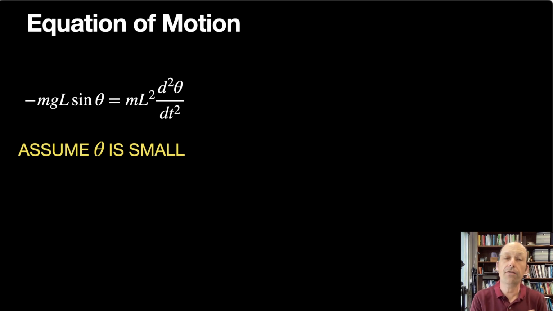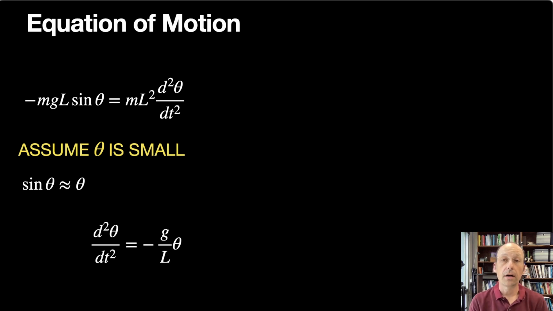They say, well, what if theta is small? If theta is small, then the sine of theta is very close to theta. You can look at that as a sine graph. If you're close to the origin, it looks like a straight line between sine theta and theta. So sine theta is theta. That's fine. And then the mass cancels, one of the L's cancels, and I get the following expression for the